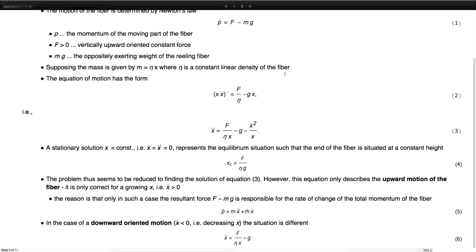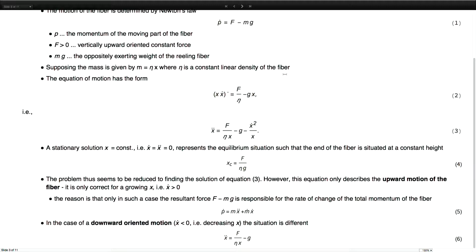The first term in equation 5 corresponds to a velocity change of the already reeled-off part of the fiber, which has the mass. The second term expresses the part of the momentum which in time has to be delivered by the resultant force in order to give velocity to a piece of fiber of mass lying at rest on the plane. In this way, the piece joins the moving part of the fiber.